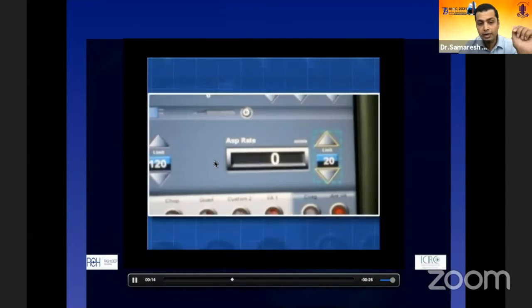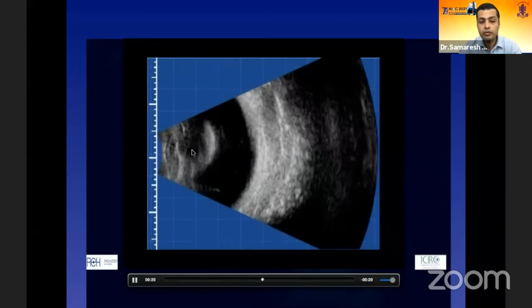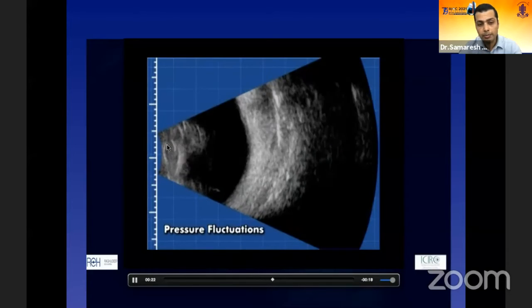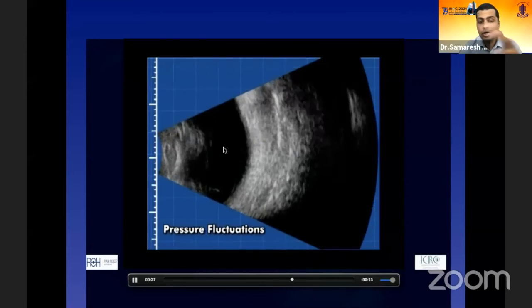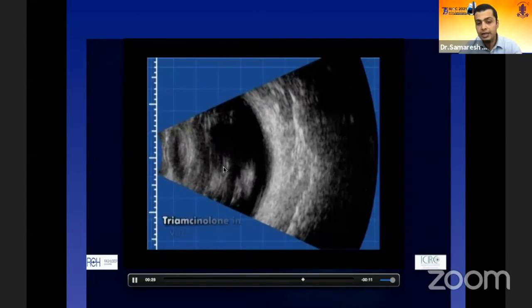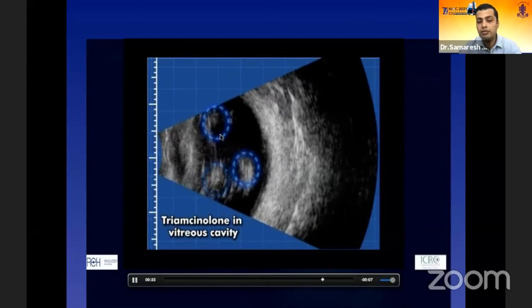Now I'm increasing the bottle height. And notice that when I increase the bottle height and, obviously, appropriately increase the flow rate to compensate for it, notice the movement of the vitreous phase. Look at that. It goes all the way up and then it pushes all the way back. So every time you move up and down, it trampolines. And at some point in time, the anterior vitreous phase broke with an intact posterior capsule, and all this triamcinolone was in the mid-vitreous cavity.